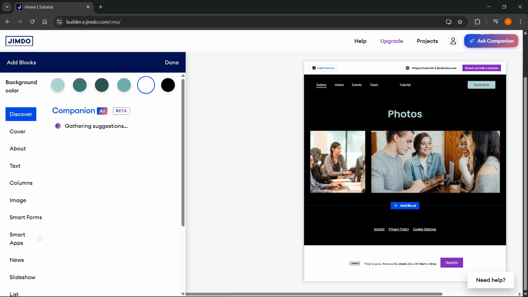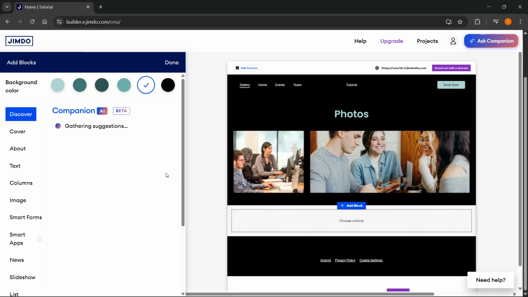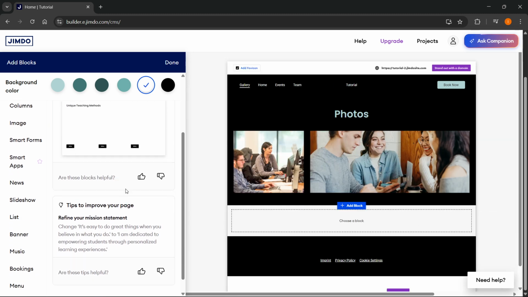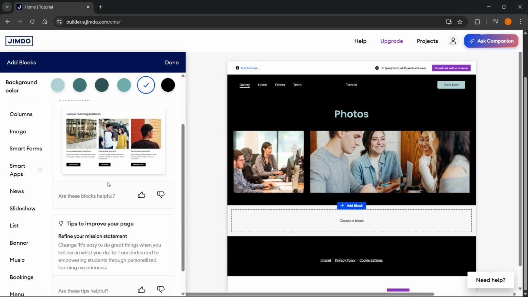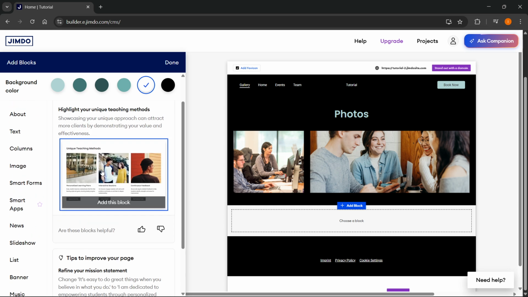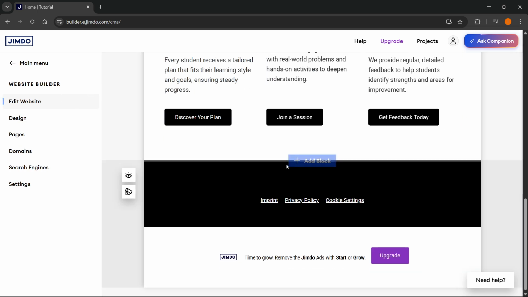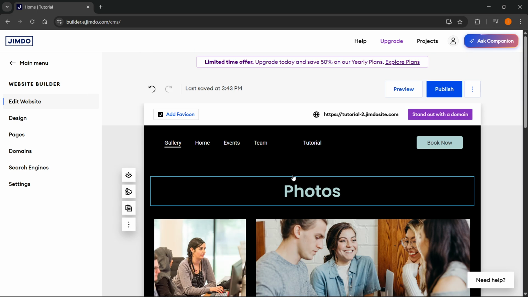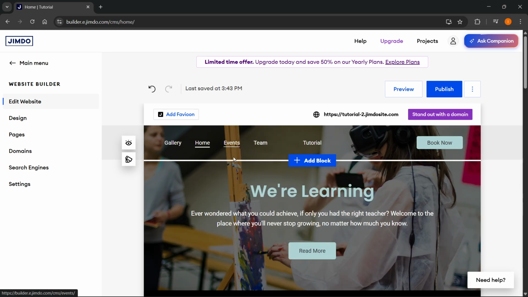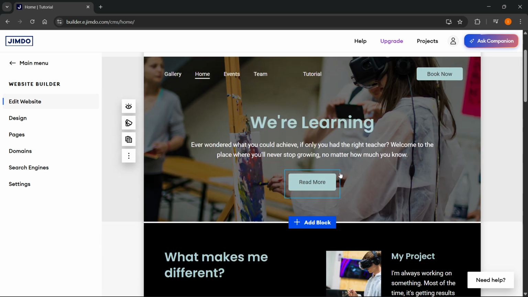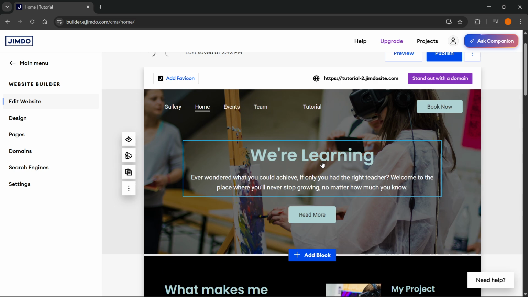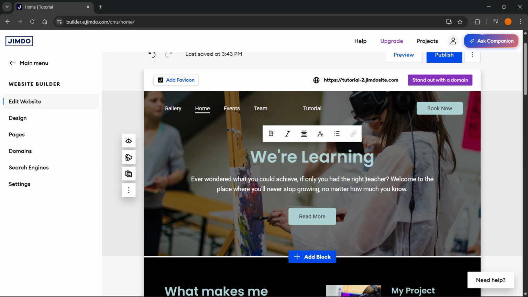I could go ahead and add different blocks here with different contents, and there's a bunch of different things you can do. Now here, it's also going to open up this companion AI, which is going to allow you to basically add different blocks in by just clicking on them like this, as you can see, which is very, very convenient indeed. And then you can, of course, just edit like this. Now, of course, I do think that's pretty self-explanatory, so there's not much need for explaining. That's how you can edit this. You can just click on whatever, change it, you can move it around,